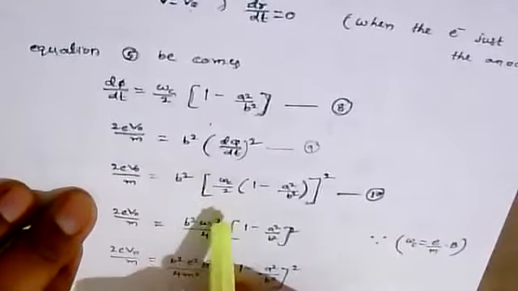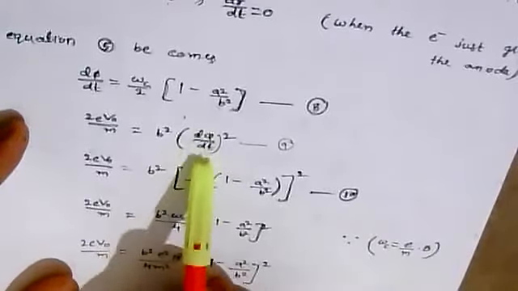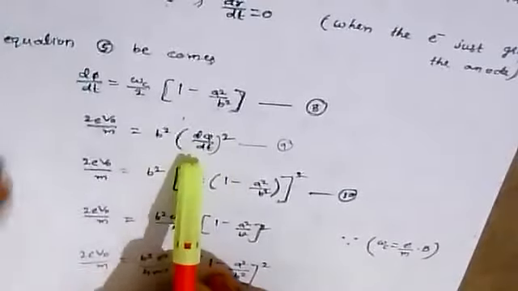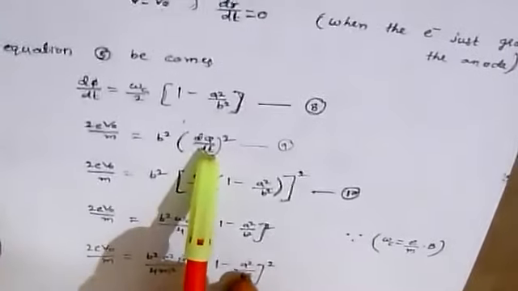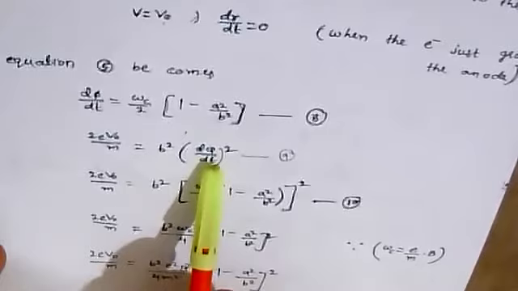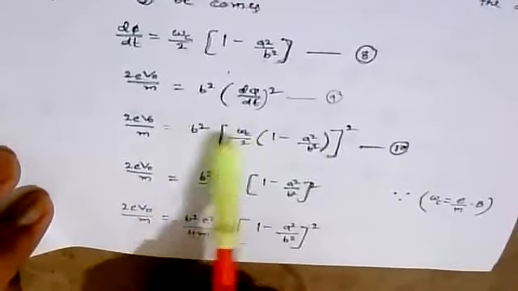Then we have the value here which is substituted over here, d phi by dt, which we have in our earlier expression. This equation 5 of d phi by dt is being substituted over here. You can see here. So the d phi by dt value is substituted, that is equation 10. So we keep on multiplying this particular term, we'll be simplifying that, and the final value will be obtained over here.